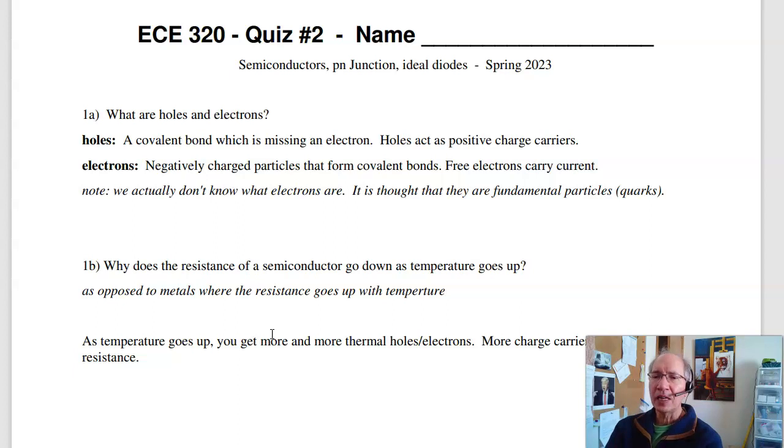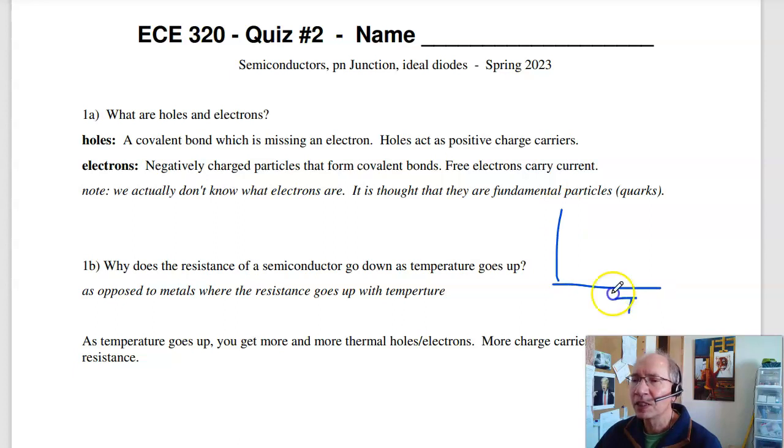Part B asks, why does the resistance of semiconductors go down as temperature goes up, whereas metals go up? For example, if you have a piece of metal, and I've got the temperature versus resistance, for metals, the resistance goes up slightly with temperature. For semiconductors, on the other hand,